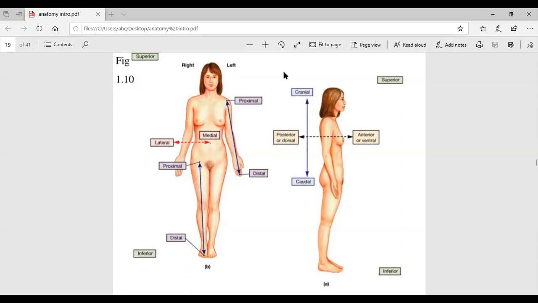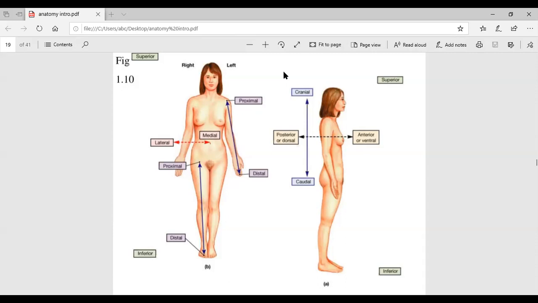All the terminologies in anatomy are derived from the Latin language, because these sciences developed much earlier there. The animals, the reptiles, which walk on the ground, their back is facing the sun. Dorsum in Latin means back. So if we were also reptiles crawling on the ground, our back would be facing towards the sun. So the back region is called dorsum, and dorsum is also called posterior. And anterior means all the structures which are present on the front. So anterior is also called ventral. This is clear, I think.